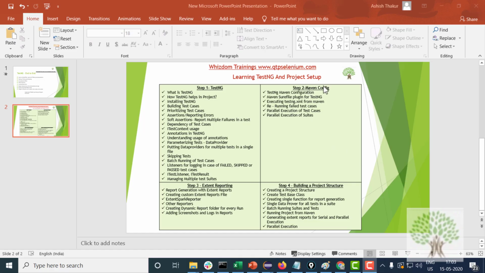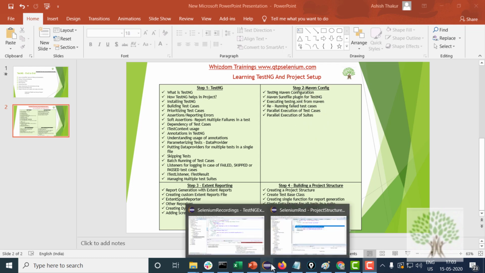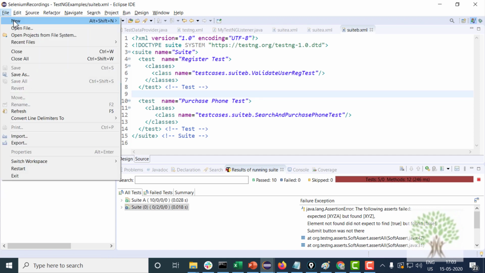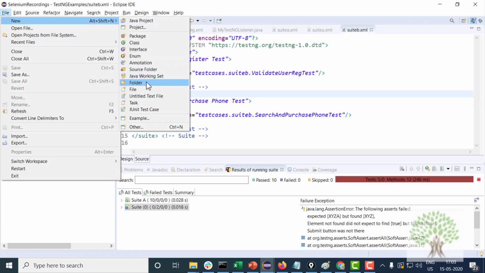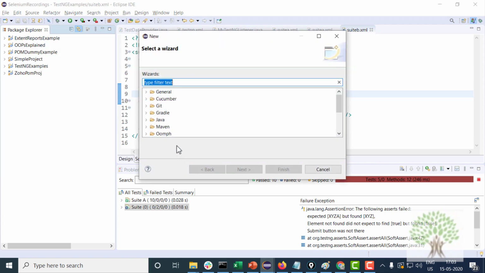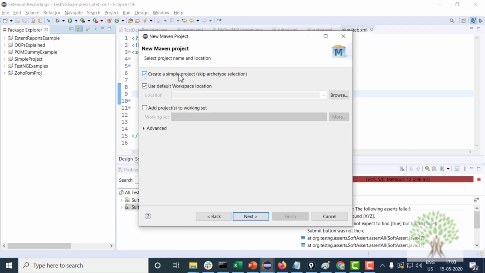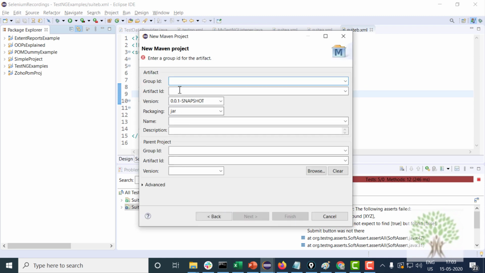Now let's see how to configure Maven in this project and how Maven can help you run TestNG. Over here I am going to create a new Maven project. Go to File, Other, Maven, select Maven project, go to Next and create a simple project, and I will